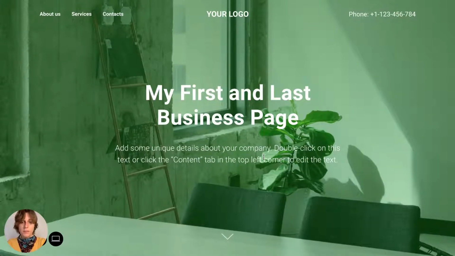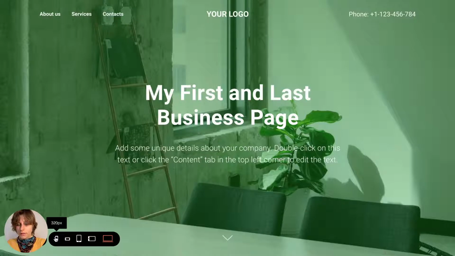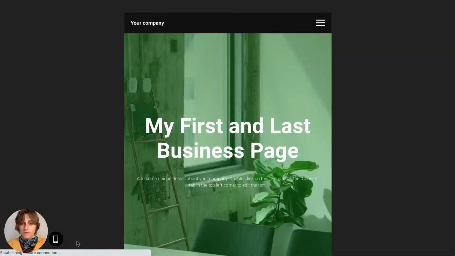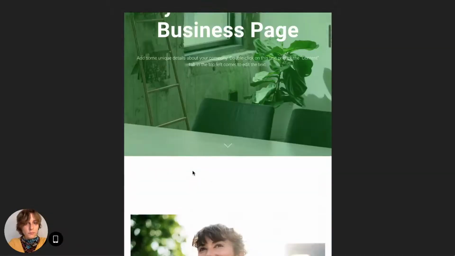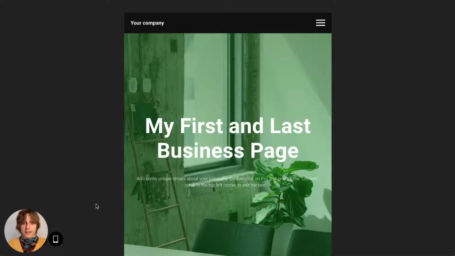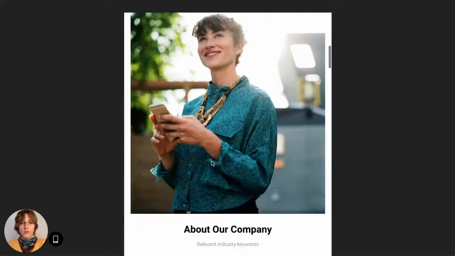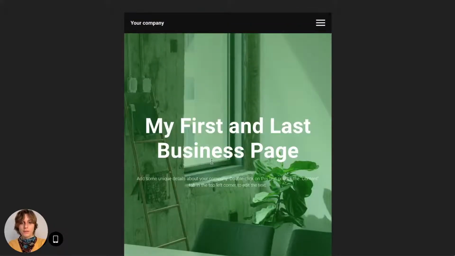The cool thing about the preview as well is that down here, if you hover over this desktop icon over here, bottom left corner, you can switch between different screen types, or screen resolutions, or different gadgets, and see how your blocks will adapt. We spoke some time ago that all the blocks are born adaptive. So what does it mean exactly? You can check here